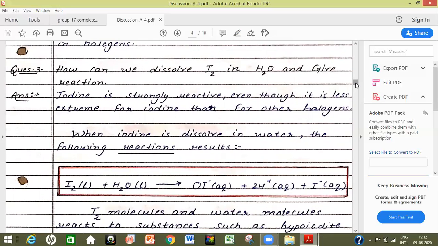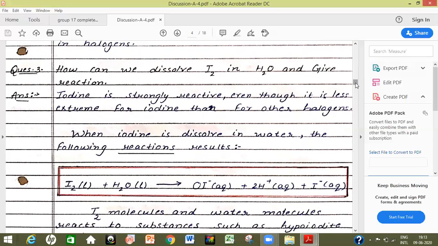Next question was: how can we dissolve I2 in water? Write the reaction. For this question, I don't think the student has attempted it right. As we all know, the solubility of iodine in water is very slight, as it is only slightly soluble in water. But if we add some amount of KI into the solution, it gets dissolved. This happens due to the formation of KI3 molecules, which is highly soluble in water. When I2 reacts in aqueous medium with KI, it leads to the formation of KI3.